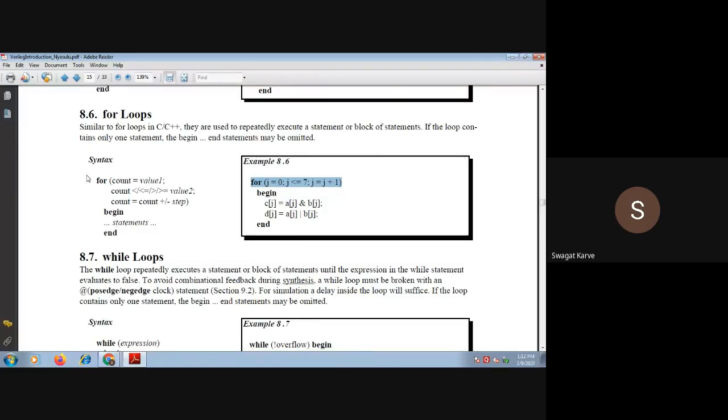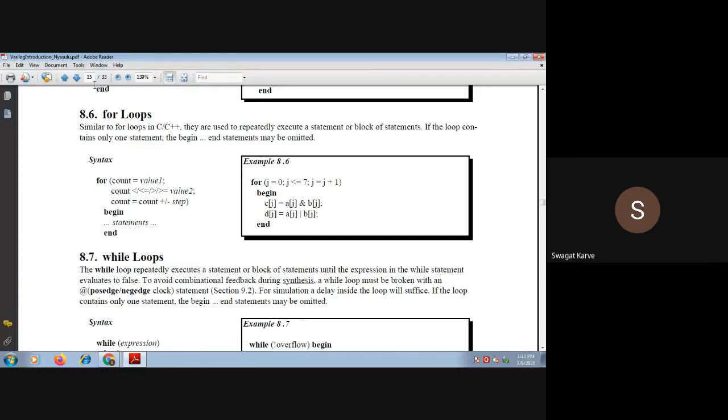Now, this is the syntax for the for loop. For, then count, then its value, and count may be greater than or equal to, or less than or equal to, whatever you have defined. Then count is equal to count plus or minus the step. So in this way, you can use the for loop.